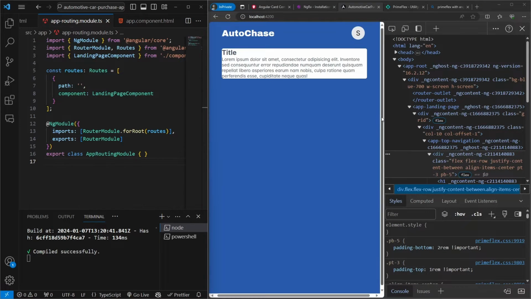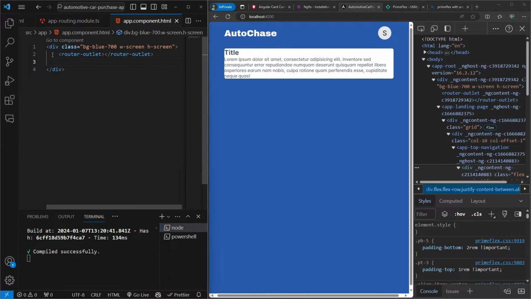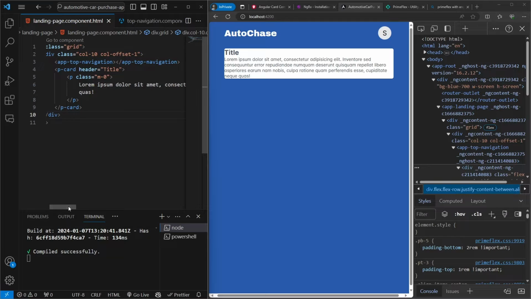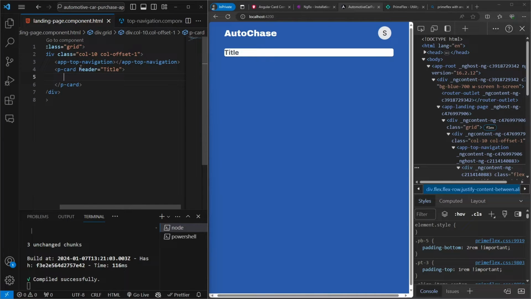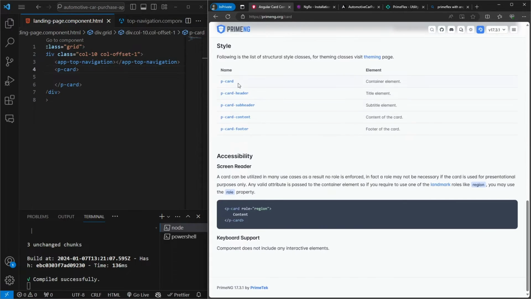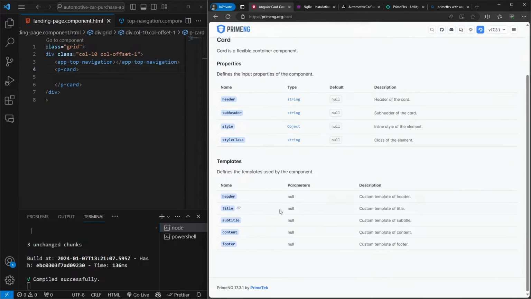Now this was about a card. Now if I go to my landing page here, this one here, let's remove this thing, and also remove this header for now. Now the header and everything can be styled for this component. So you can see that here you get some knowledge about what all templates we have. So for the header,